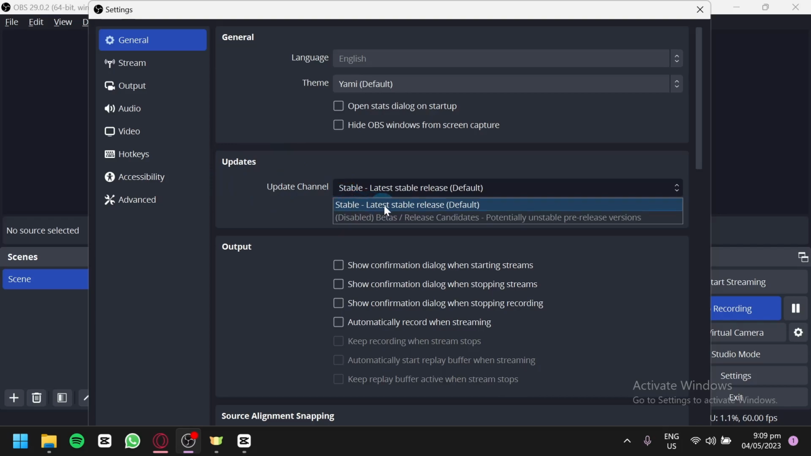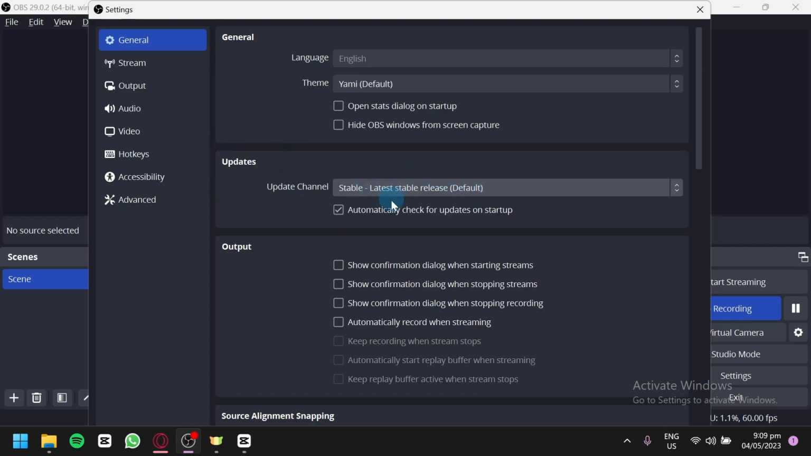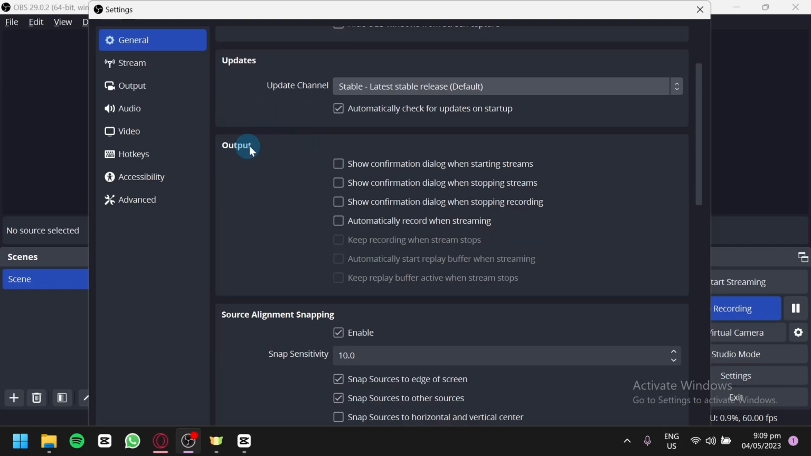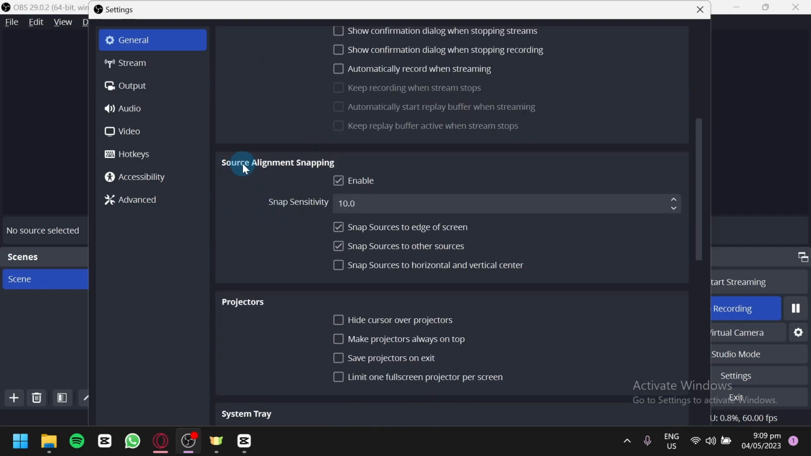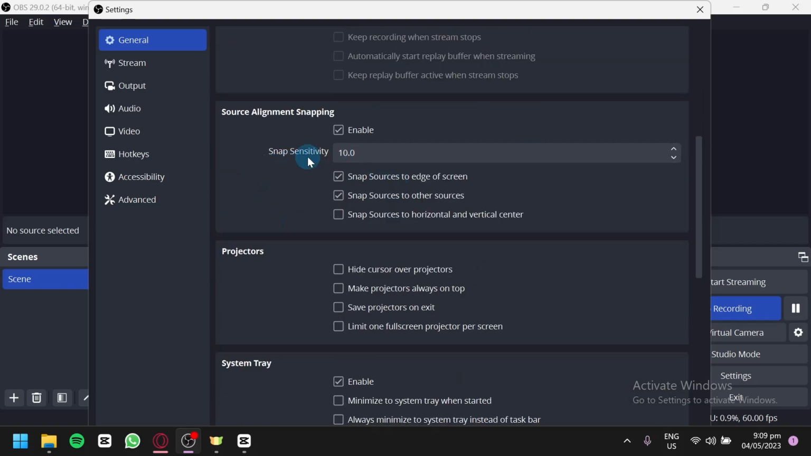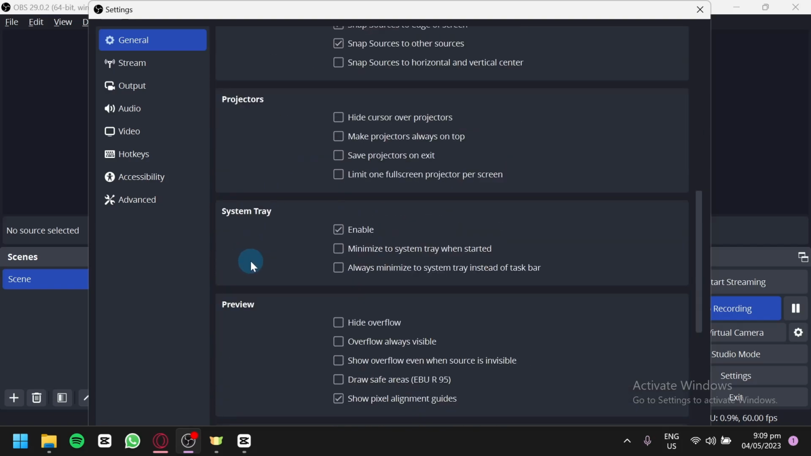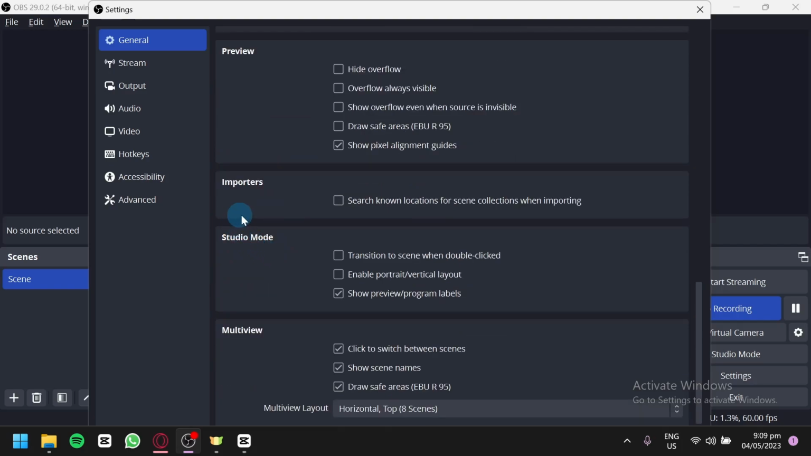You could have stable and latest stable release over here, automatically check for updates on startup, so that you would be able to use the updated version of OBS every time. You could also edit output options over here, like show confirmation dialog when starting streams, and all of these options over here. You could also have settings for source alignment snapping, snap sensitivity, projectors, system trays, previews, importers, studio mode,